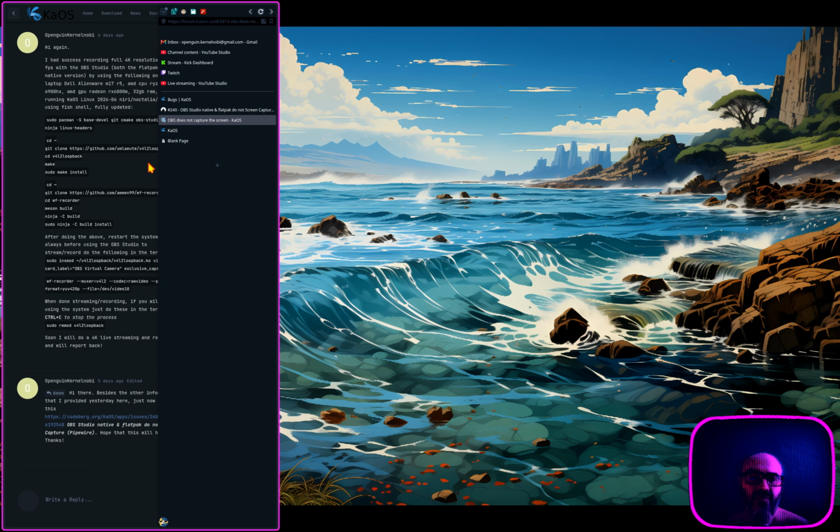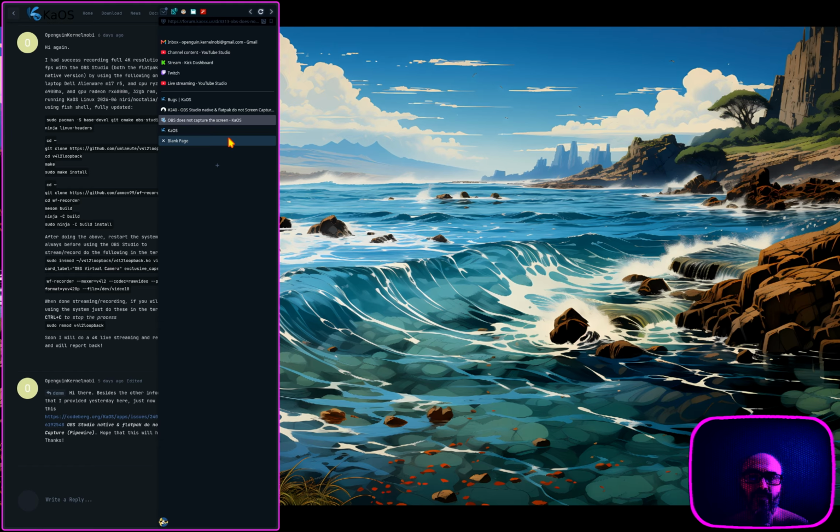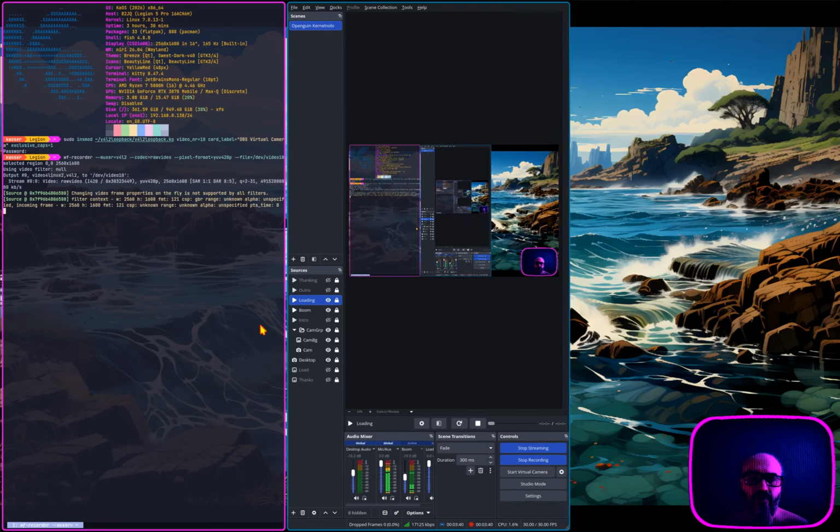And of course I've mentioned this in the KaOS forums. It's this part here that I have posted. So yeah, nothing fancy, nothing crazy, just copy paste the commands here and you'll be fine. And then before you run the OBS, you just run a couple of the commands here in the terminal, you leave the terminal open and you do the work.